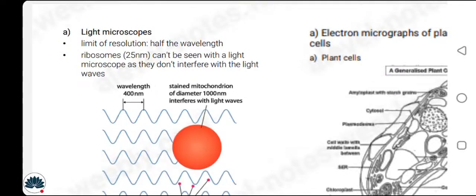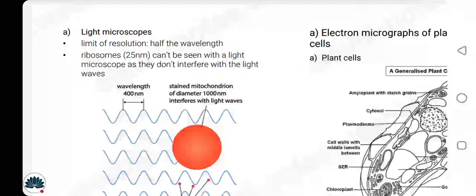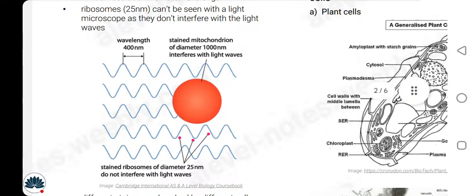Now moving towards the light microscope. The limit of resolution is half the wavelength. Ribosomes are 25 nanometers. It means, state it down in your notebooks, that the size of a ribosome is 25 nanometers, and it can't be seen with a light microscope as it doesn't interfere with the light waves. All right. So now you can see